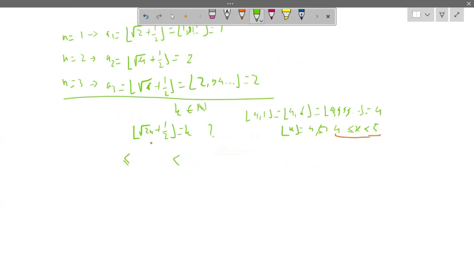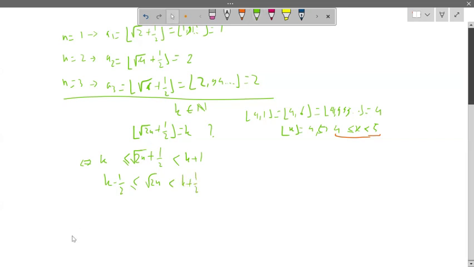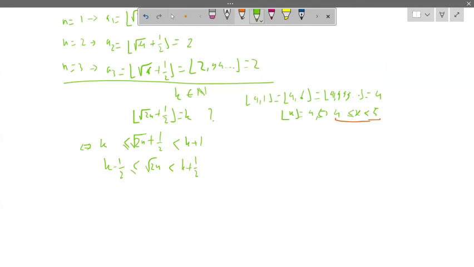This is equivalent to the square root of 2n plus 1/2 should be between k and k plus 1, which is also equivalent to k minus 1/2 less than or equal to the square root of 2n less than k plus 1/2. Now, because each of these terms is positive, because we set k being a natural number, and n is the number of terms,